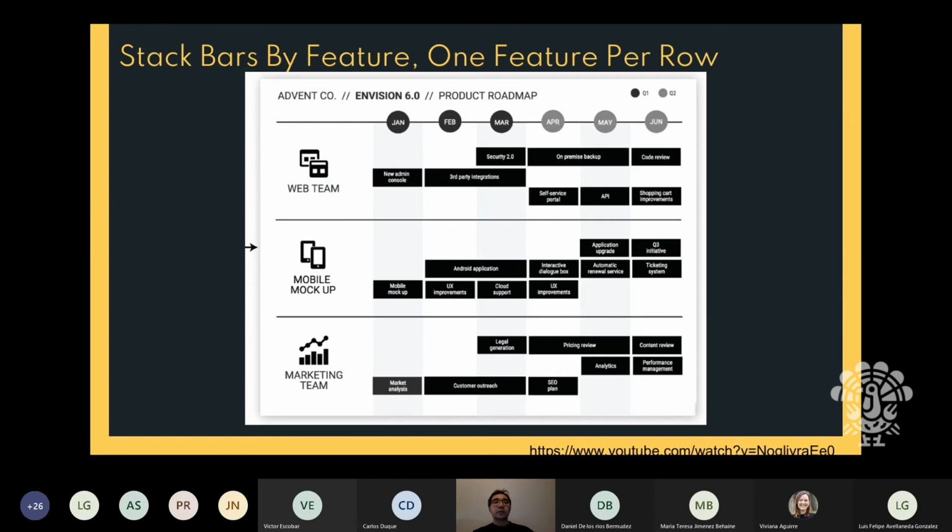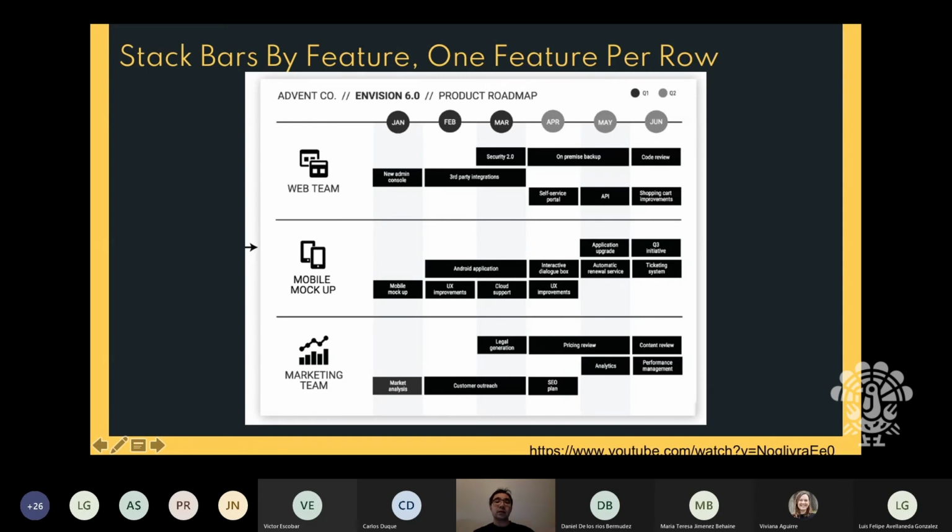All right? So the third step is you take these bars and you stack them by feature. So each row, the first one is security 2.0, on-prem backup, code review. That's one feature. The second row is a new admin console and a third-party integration. You see this? Another feature. Look at the very bottom. Market analysis, customer outreach, and then SEO plan. So we have 1, 2, 3 in the top row, in the top section, 1, 2, 3 in the second section, and 1, 2, 3 in the bottom section. So we have 9 features, right, that are now separated. 9 features. You know which team does them,